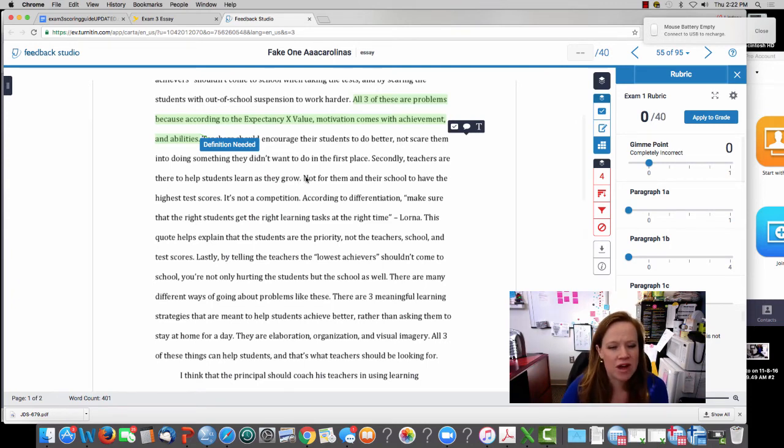Okay, so let's say I keep reading and I come across a fragment, not for them in their school to have the highest test scores. All right, that is not strong writing. In this particular assignment, I actually don't score them on grammar, but a lot of college assignments we obviously do. And so if this were something where I was scoring on grammar and punctuation and style, I could highlight this,